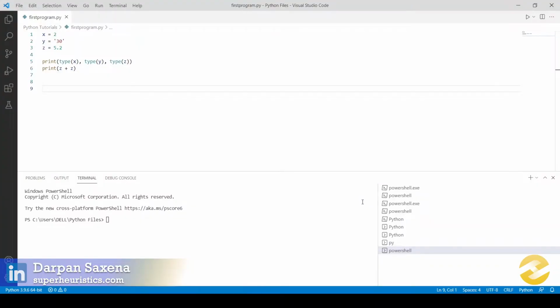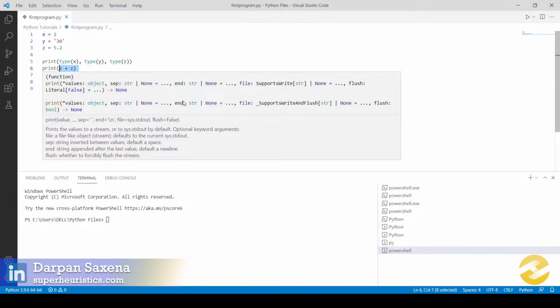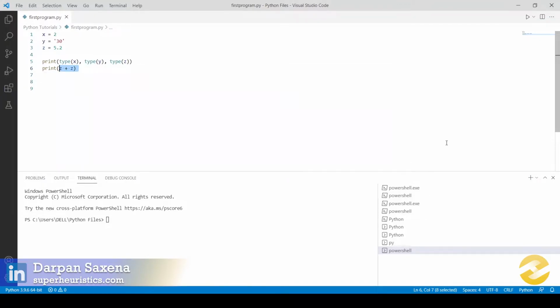In our last video, I showed you that there are three basic data types in Python, and these are very important for you to know. The first one is int, this one is the string, and this one is the float. And we had performed a few mathematical operations on them. However, in this video, what I want to share is how you can further do certain operations, for example, on a string.